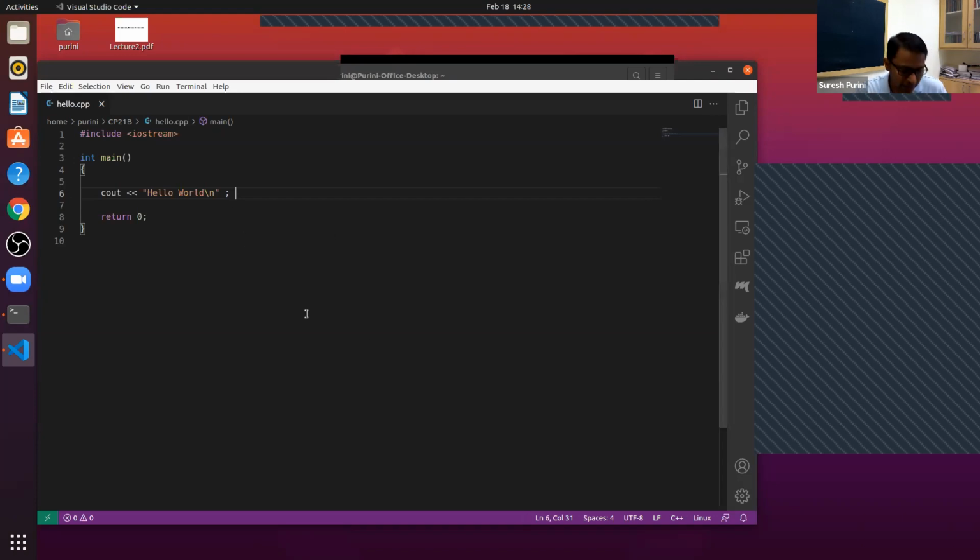Just like printf, the less-than operator here is actually a shift operator. But in C++, this operator is overloaded.